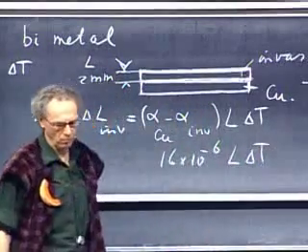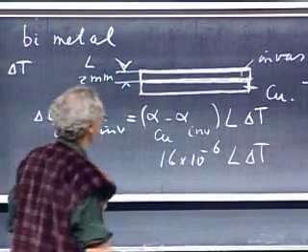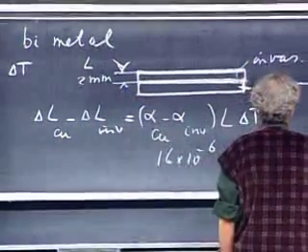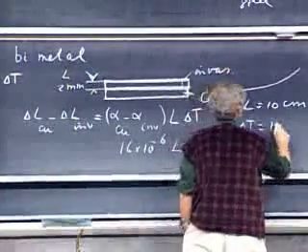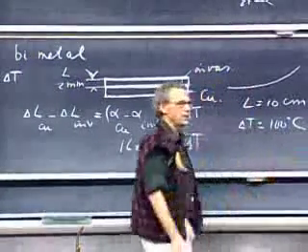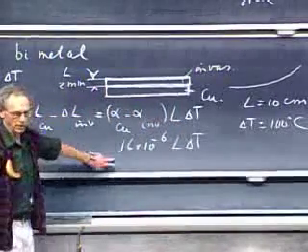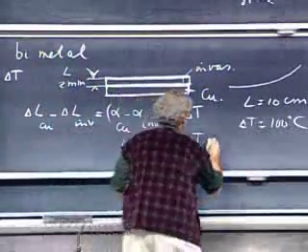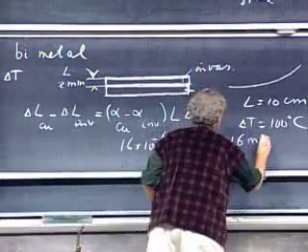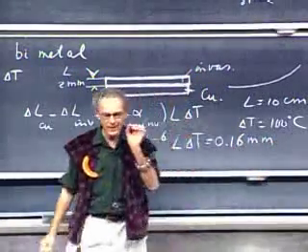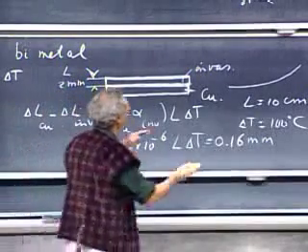delta T. And if I take a length of 10 centimeters, and I increase the temperature by 100 degrees centigrade, then this difference, which you can easily calculate, is 0.16 millimeters. Very little. And yet, this one will curve